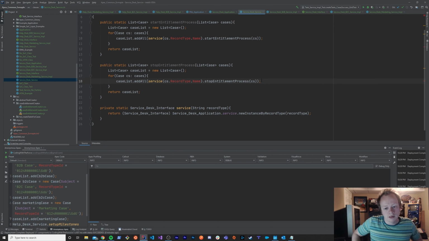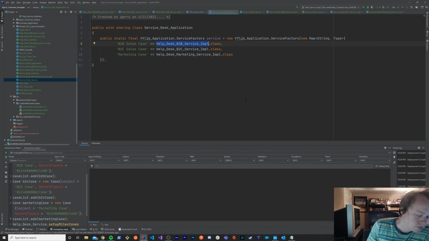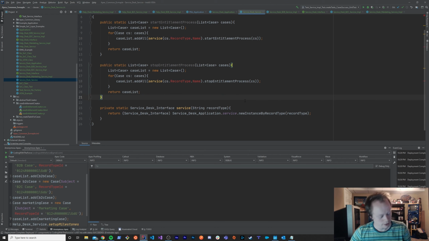And now what happens is, when you put it all together, by calling this service method and passing the record type name, we are going to grab the service desk application's service variable, and because that service variable is of type fflib application, we can call the new instance by record type, and when we pass in that record type, the map that we set up here, right, is going to return to us, based on our record type name, the help desk B2B service implementation class, or the B2C implementation class if we're that record type, marketing, whatever, right? Pretty cool stuff. So let's save this,